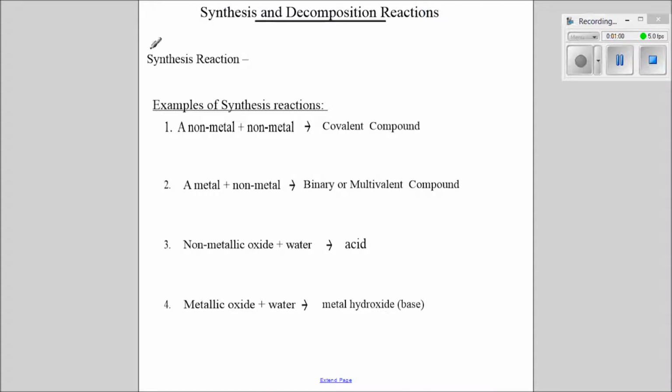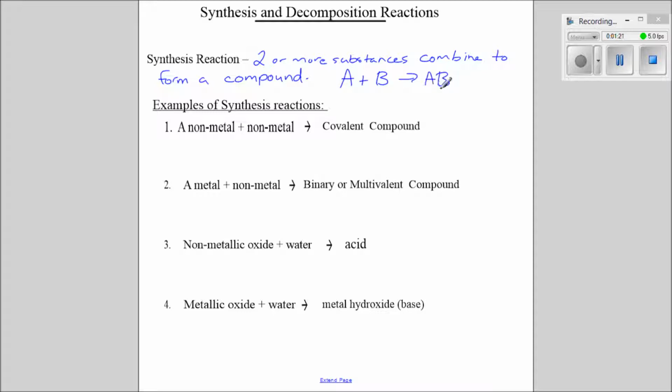Let's start with synthesis. What is a synthesis reaction? Well, a synthesis reaction is when two or more different substances combine together to form a compound. So we simplify this by saying, again, A plus B equals AB. You have two things coming together. You're synthesizing something. You're making something that's larger than your reactant. So your reactants come together to form a big product, AB. Our analogy for this, guys, from grade 10 is marriage, where you have two things coming together to form something very large.